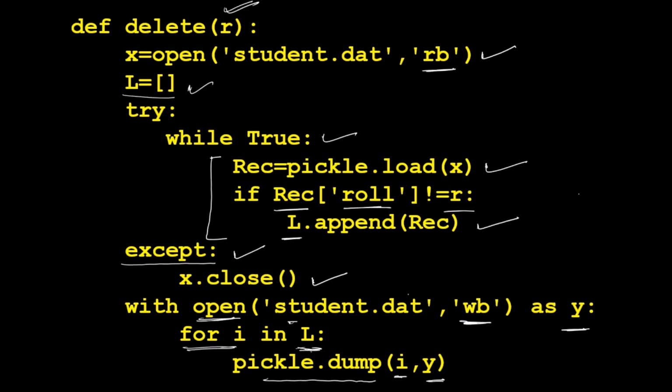So when the file student.dat is opened again here in write mode, its previous contents will be automatically destroyed and the file pointer will be positioned at the beginning of the file. Thus, all records written here in the loop will be written from the beginning of the file, hence changing the contents of the file, where all records except the one to be deleted will now be written onto the file, thus deleting the record of the student whose roll number is given by the user.